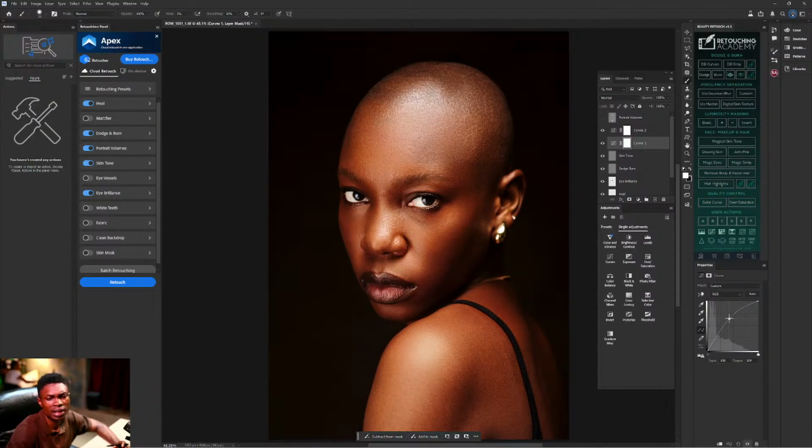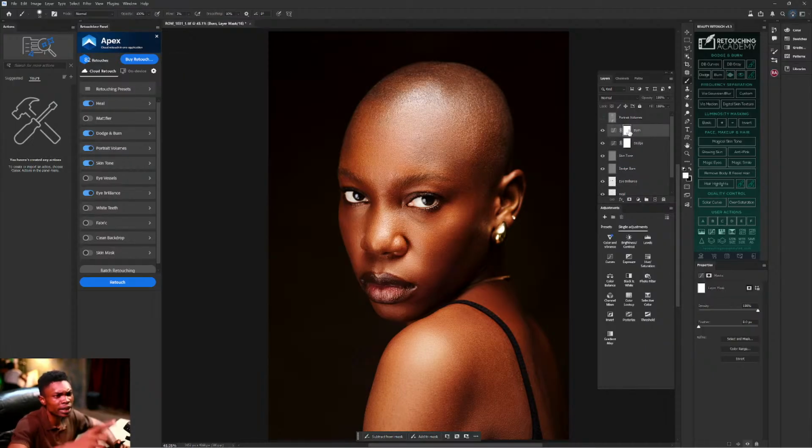This one is your dodge. Let me rename them: burn, and dodge. Then click this white side, the layer mask.